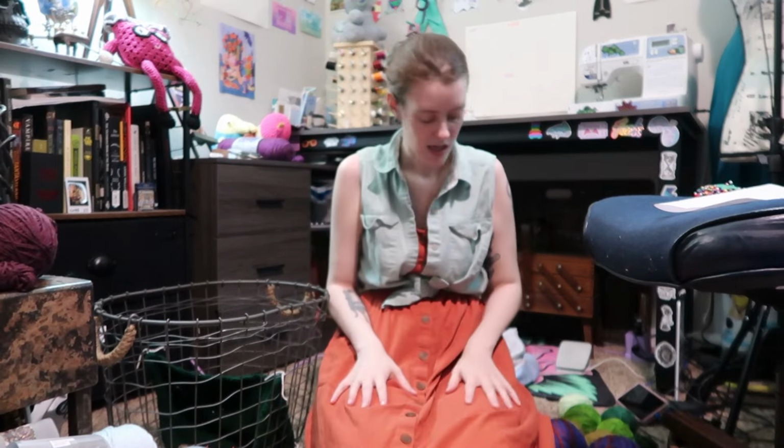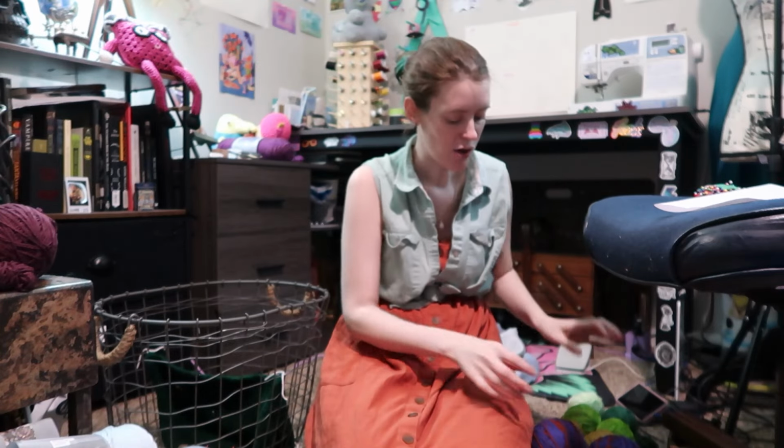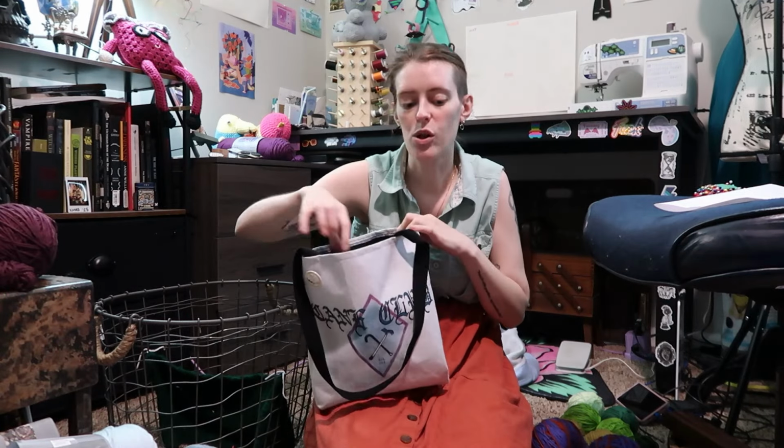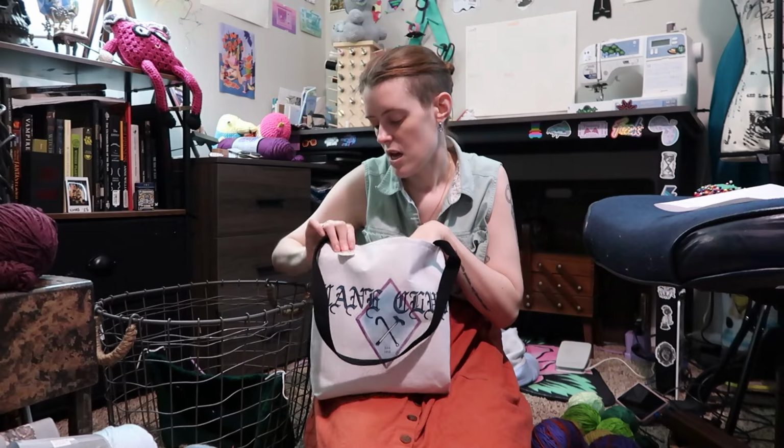So I think what I am going to do is I started gathering some of the yarn balls that I want to use for my stash busting art project, and I think I'm gonna keep those in this tote bag. So I think I'm gonna keep all of that stuff in here and kind of decide as I go what I want that to be, and then I will put